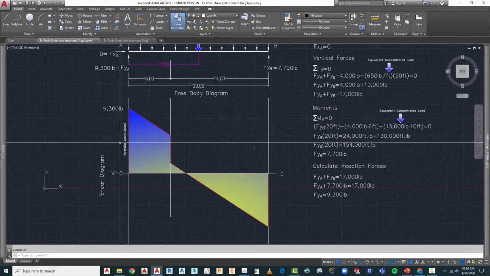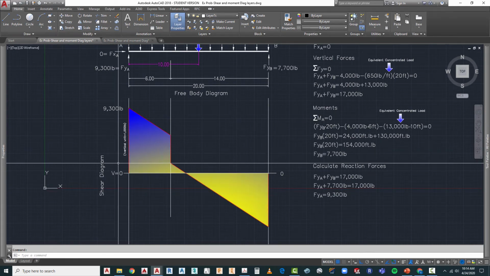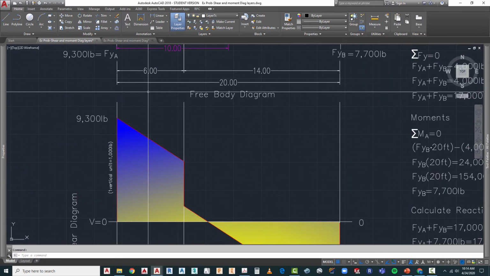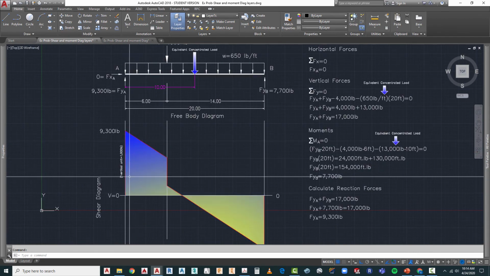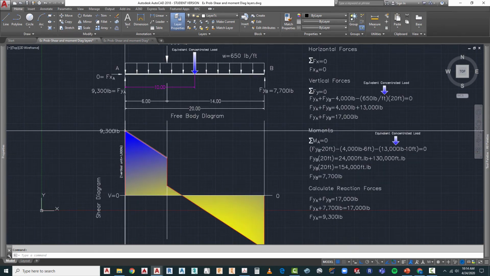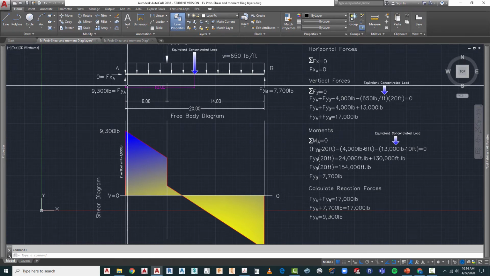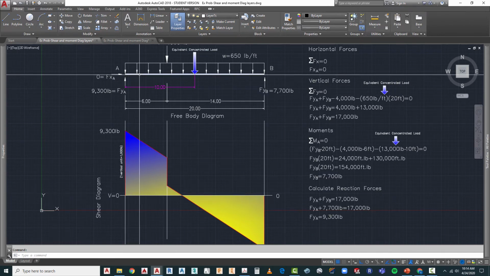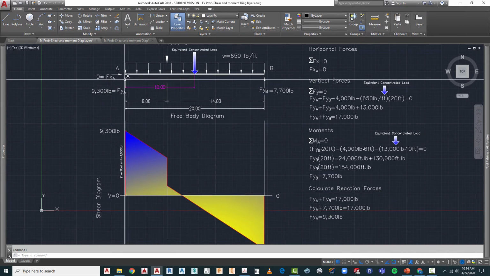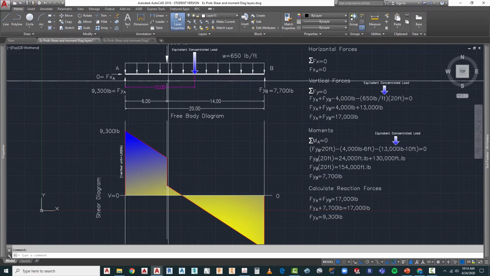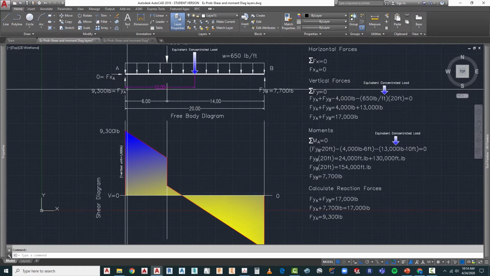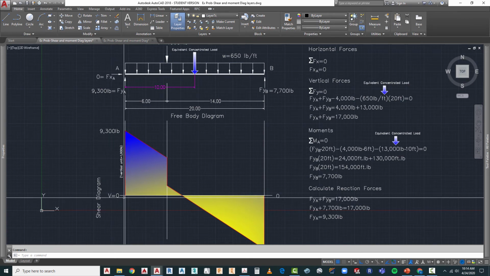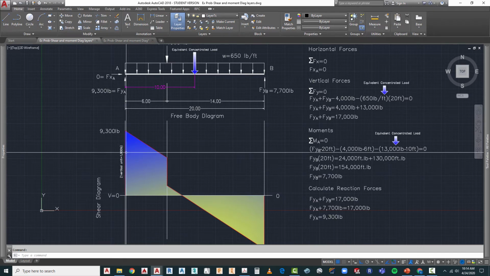Now one of the first things we're going to do with our shear diagram is that wherever an event takes place, we're going to have a vertical line going up or down if it's a concentrated load or if it's a reaction at that point. So we start at the left of the beam, and we're going to start with reactions, loads and forces as they go towards the right. So here we know that we have a reaction of 9,300 pounds. So we start from 0 and we draw a vertical line,